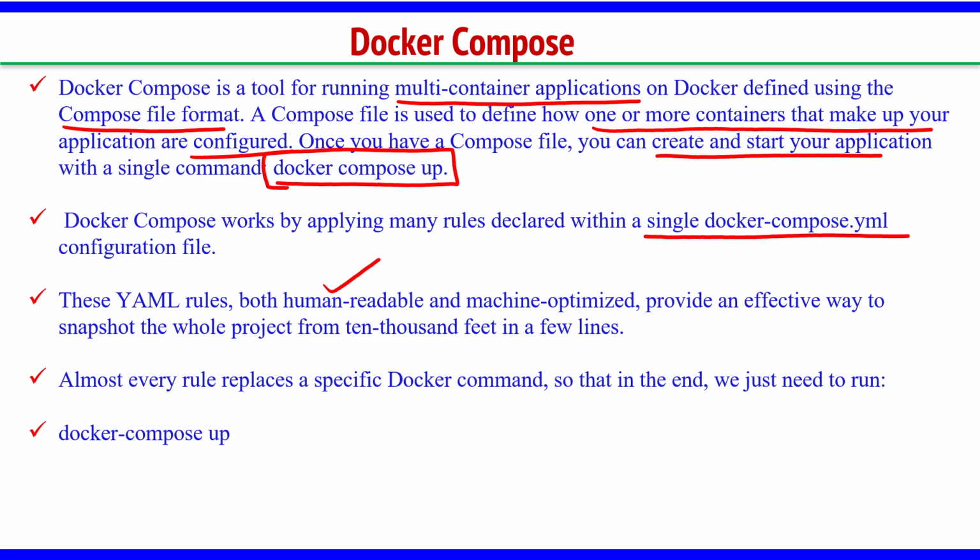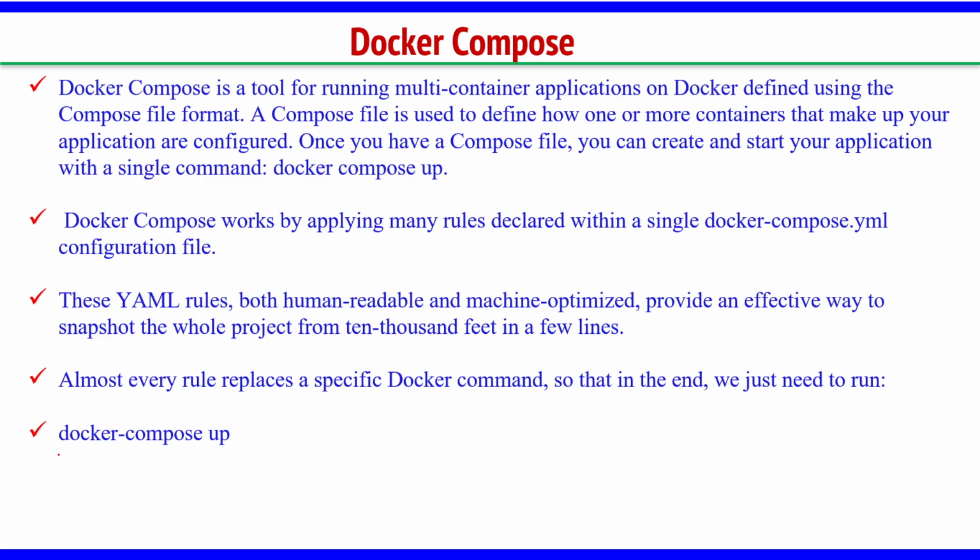These YAML rules are human readable, we can easily understand them, okay. It provides an effective way to snapshot the whole project from 10,000 feet in a few lines. So, if you see the YAML file, you will understand the whole structure of the project, how many images are there and where each image is, everything you can see in a single go. Okay. You just need to use the command docker compose up, that is it. It will take care of running all the images for front end, back end and a database in a single go,